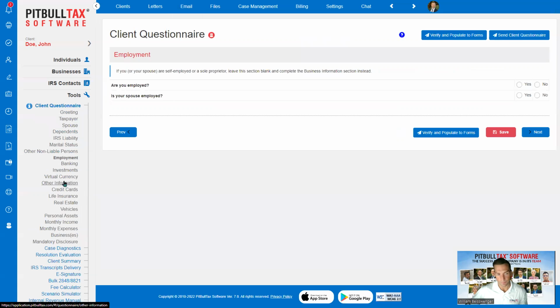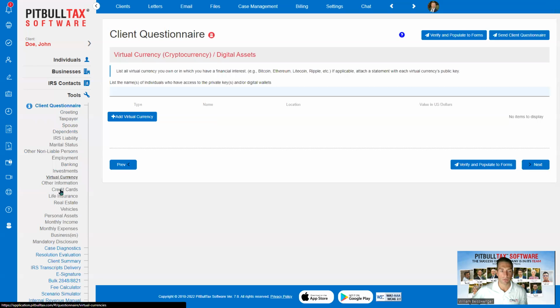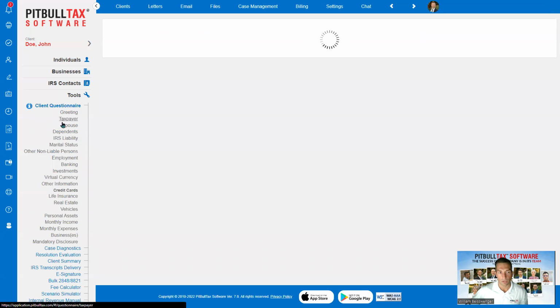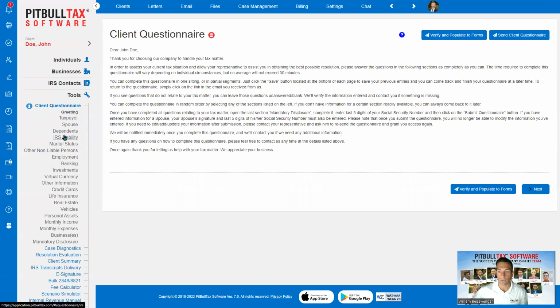So they can fill out the client questionnaire through all the different sections. And then as they're filling it out in the link that you send them, it will update in real time directly into your software. So you can see what they're filling out as they're filling it out, so that you can keep up with it, whether or not they're filling out information directly into the client questionnaire from the link